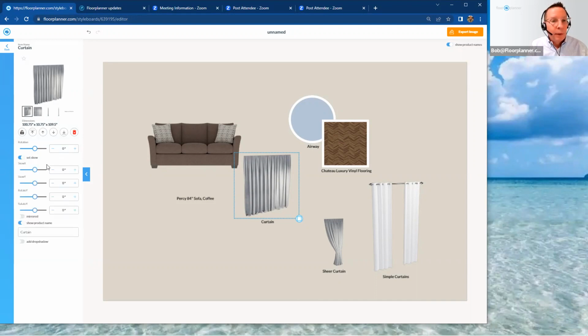Turn that on, and you have the ability to change the skew in the X direction. Interesting. And you could do it in smaller increments if you care to. Or we could change it in the Y direction, or we could rotate it in the Y direction, and we could also rotate it in the X direction. Crazy looking drapery there. So again, if you wanted to do some modifications to this, we certainly could start trying to make some adjustments to kind of square it out a little bit more